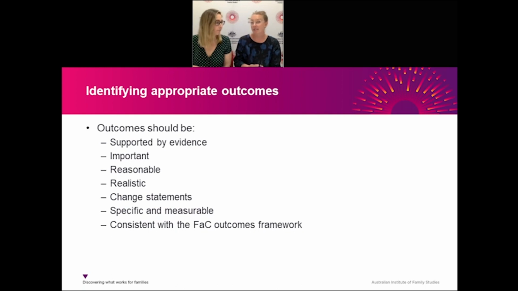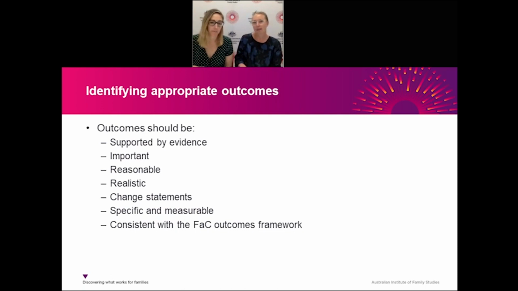They're also based on assumptions about how the program will be delivered and how participants will interact with the program. In reality, though, we know that not everyone will progress in this very linear and simplistic way. With program logics, it's important to remember that they really represent an intention. They don't necessarily represent exactly what will happen in every situation.